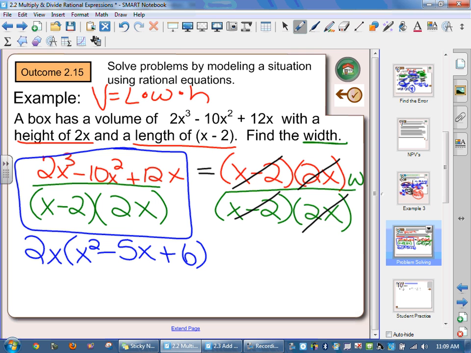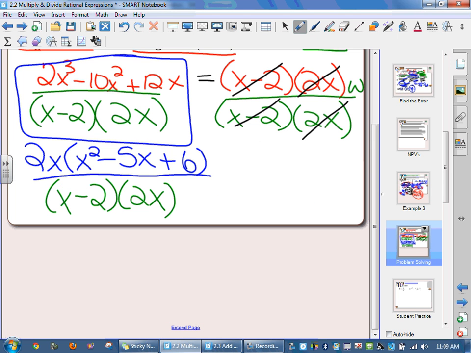Now I've got to factor that top even further so that I can cancel things out. So what does that top factor into? If I do the diamond on what's in the bracket there, the x squared minus 5x plus 6, what multiplies to 6 and adds to 5? 2 and 3. So my brackets become this. They're both negatives because the 5's a negative and the 6 is a positive. That's why they're both negative. So you're going to have x minus 2, x minus 3, all on top of the bottom you have, x minus 2